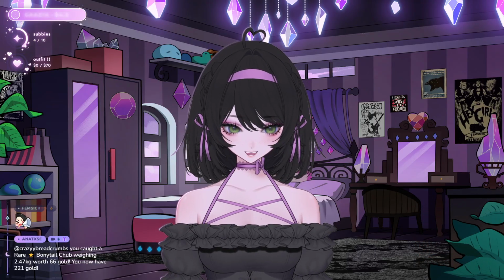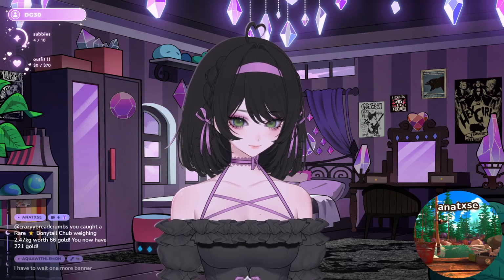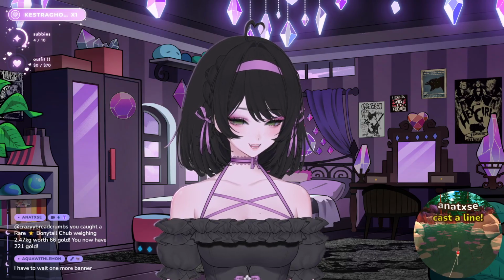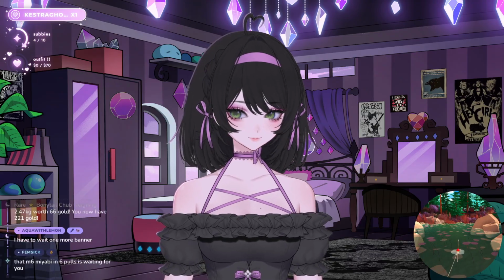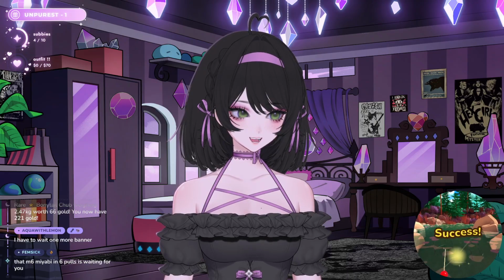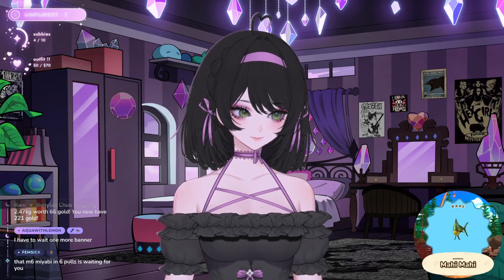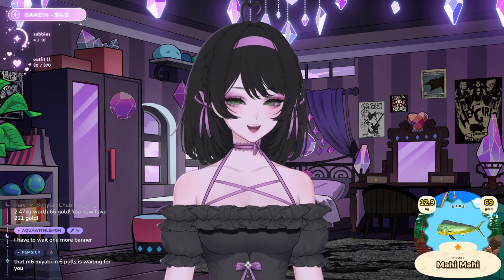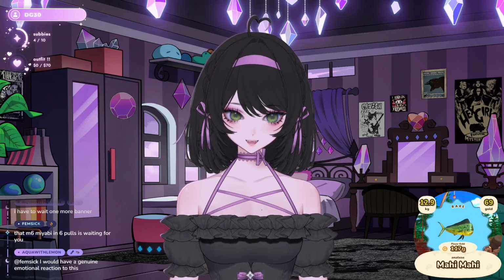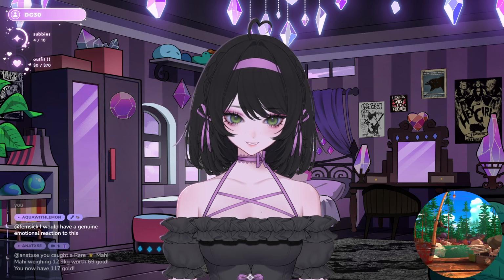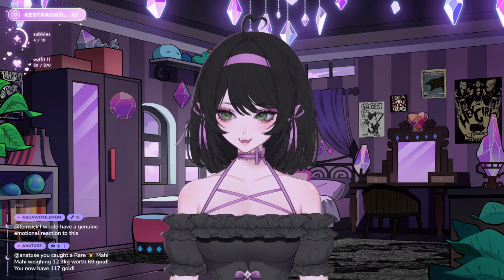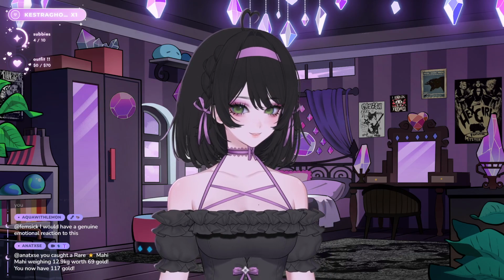It's my turn to fish. This is how you get a legendary, guys. This is how you get a legendary fish. Dang it. I love mahi mahi. They're so cool. Fish exists. Me. I love you.